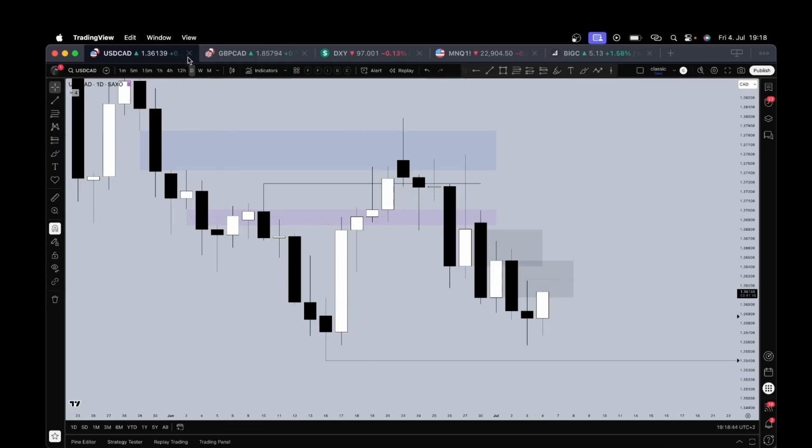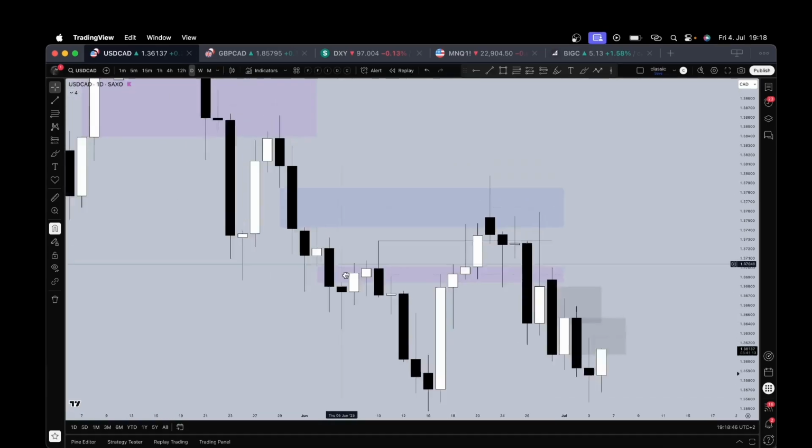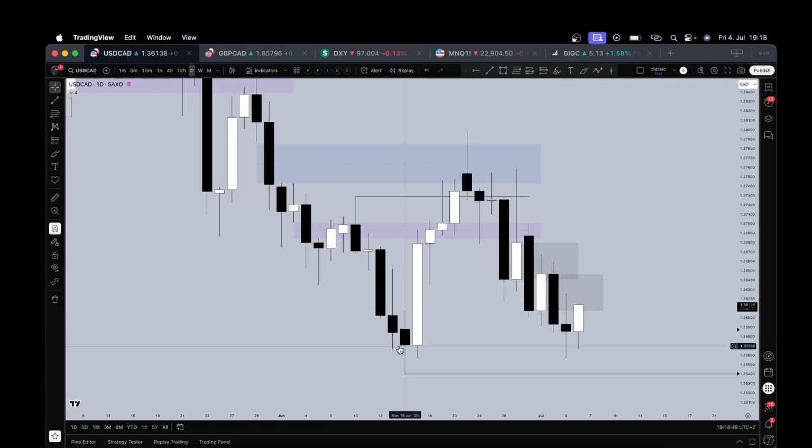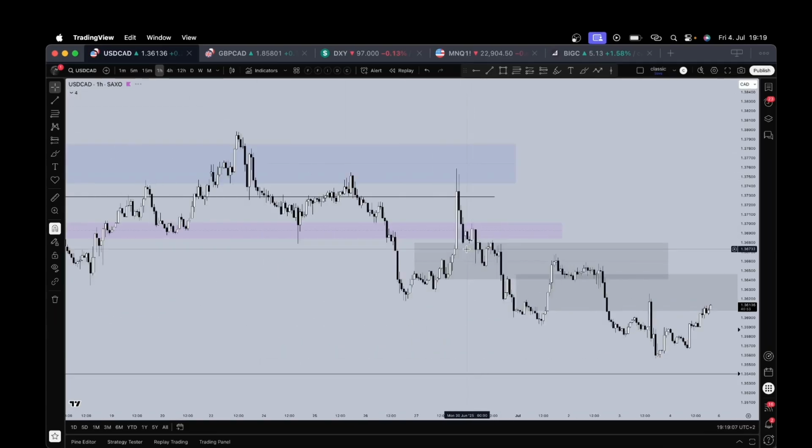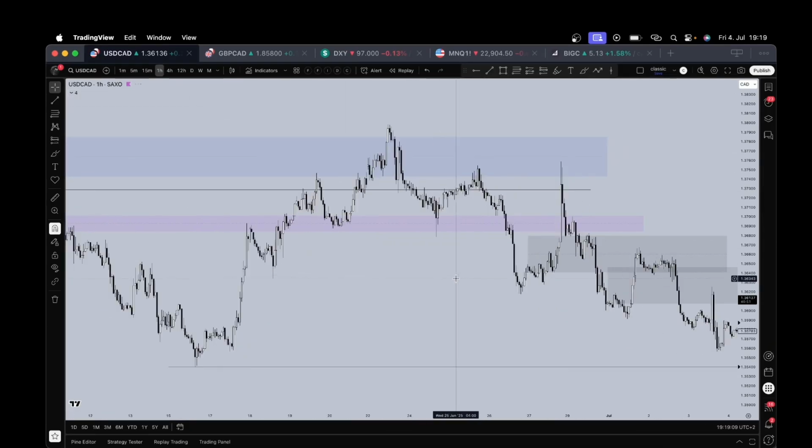Now let's take a look here at UCAD, and I will show you exactly what I mean. We can see here price on the daily time frame. We are overall bearish, as you can see, and then we saw price retracing into some bearish key levels, this daily imbalance, and we sweep those daily relative equal highs. Now, I was anticipating price to continue being bearish here from this high and to print the lower risk sell here. If we go down to the H1 then, you can see here price